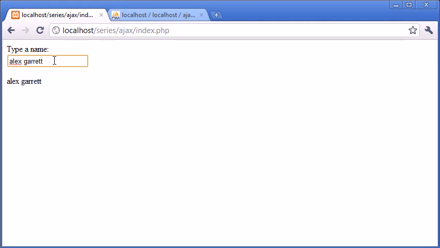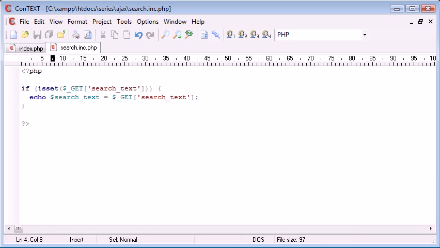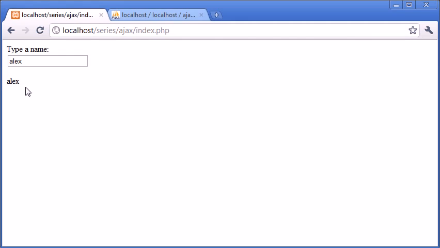I can type anything I want in here, and anything I type is simply repeated. So you can see how we can use this to our advantage, because now inside search.inc.php we can create a structured query that will search the database for the current value being typed in here, and that's going to do a query for every time we enter a key. So it is going to significantly slow down our web page, or our server load is going to be quite increased, if you like,